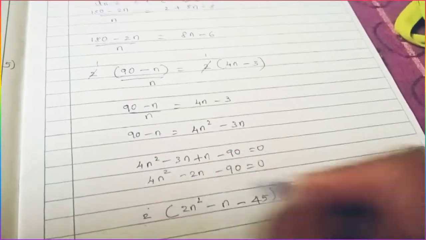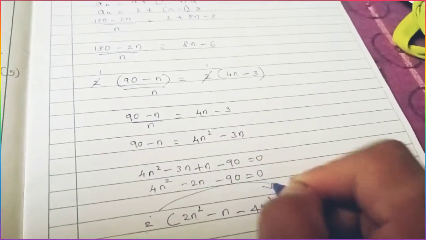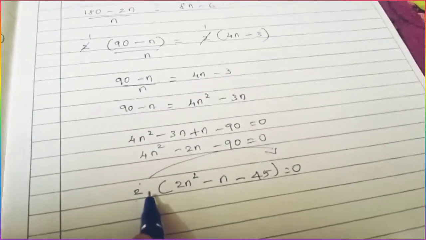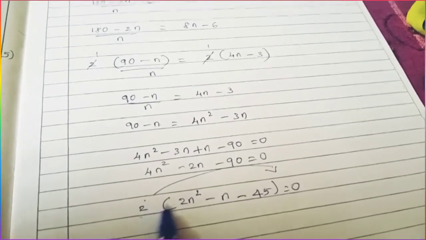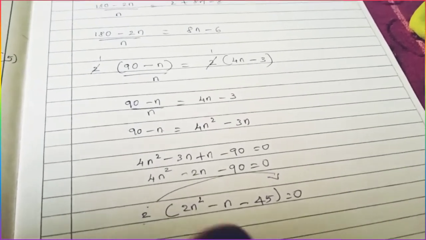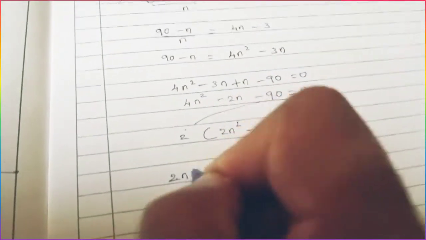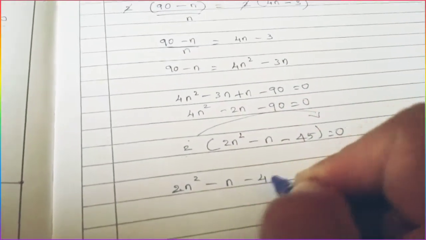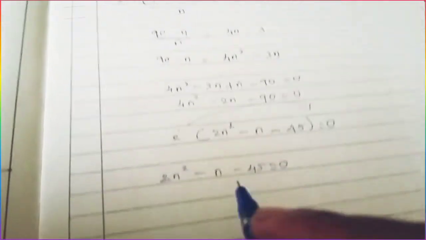When I transpose this 2 to the other side, numerator goes to the denominator because the operation between these two is multiplication. So finally 0 by any number is 0. 2n square minus n minus 45 is equal to 0. Now it is in the form of